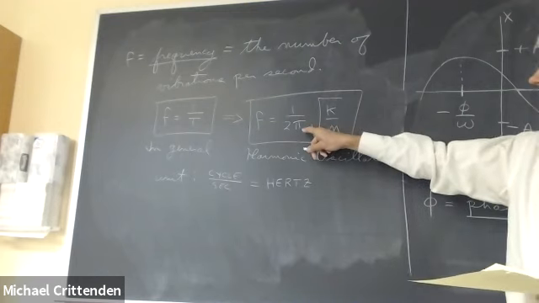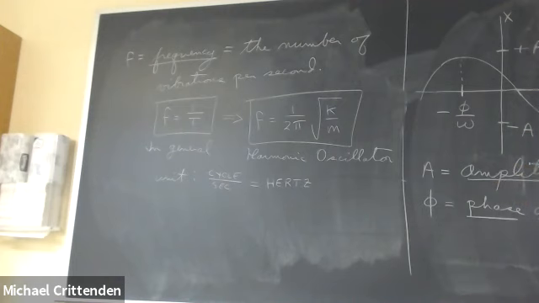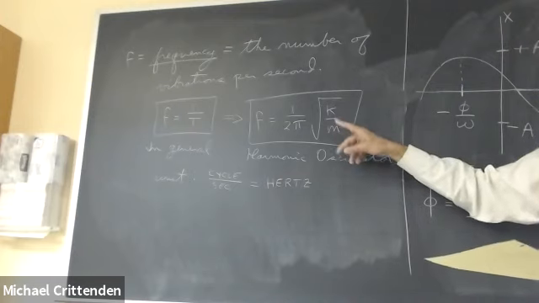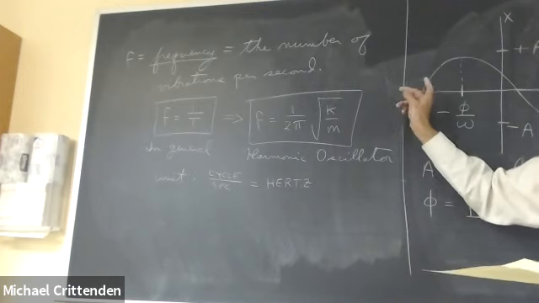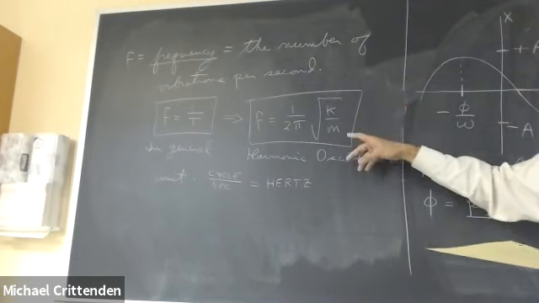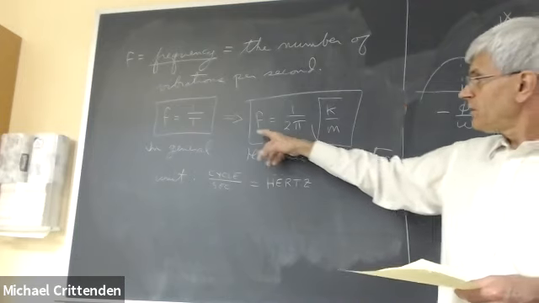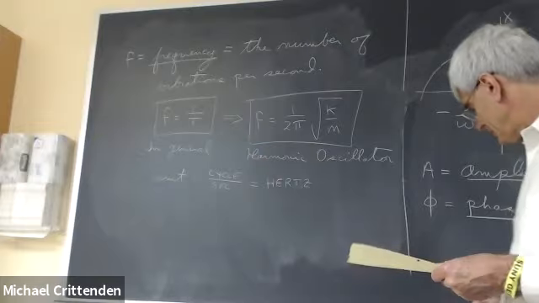Notice, remember that back in the beginning when I first launched into all of this, I said, let's see if this trial solution works in the equation of motion, x equals blah, blah, blah, where omega equals the square root of k over m. Well, I'm just about to the point now where we can see the physical significance of that square root of k over m thing. If I take this and multiply both sides by 2 pi,